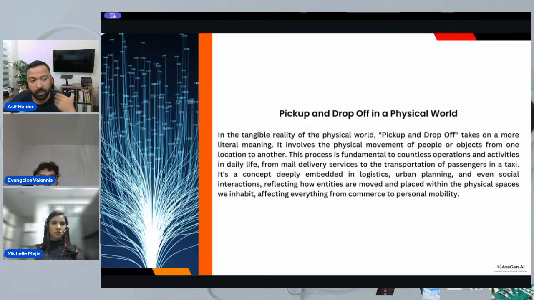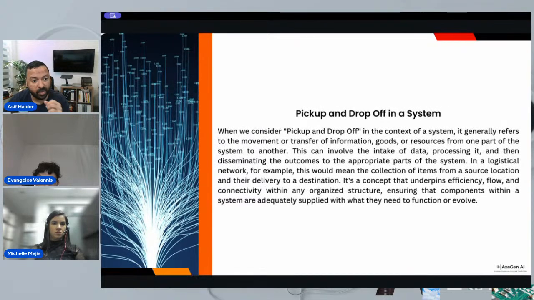So if you think about pick up and drop off in a system, that's what's happening with information technology, with data, right? Data is being picked up from here, utilized here. So in MLOps specifically, it's being used here, but trained here for purposes of moving somewhere else and being used somewhere else. So data has gravity, data is in motion, just like we as humans are in motion, right? So data has gravity and that data moves. So whatever data you do acquisition for, and then however that data is being trained and modeled is a sequence of pickup and drop off.